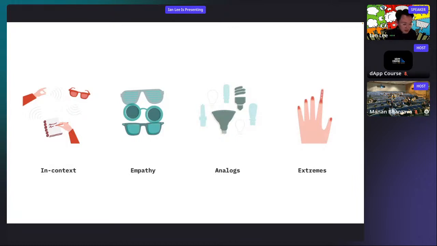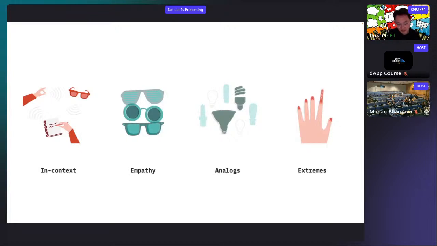Empathy is where you walk in the user's shoes. So IDEO used to do this a lot, where you take one of your proto users and go live a day in the life of them. You literally try to pretend like you were that person and imagine what their needs are. So it's kind of related, but